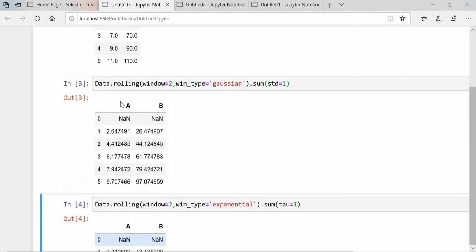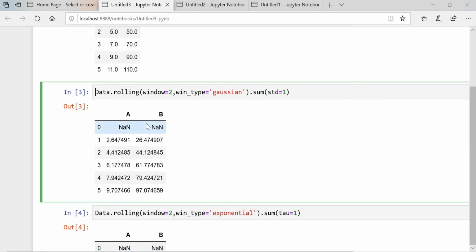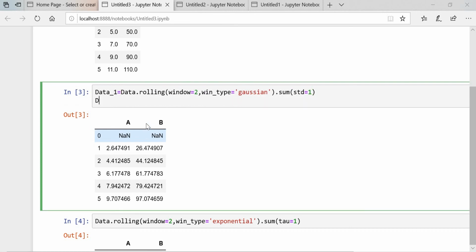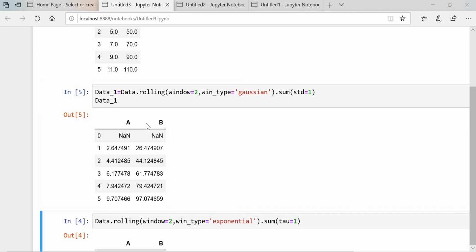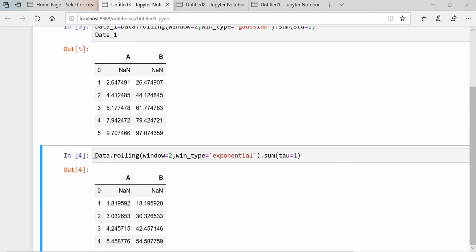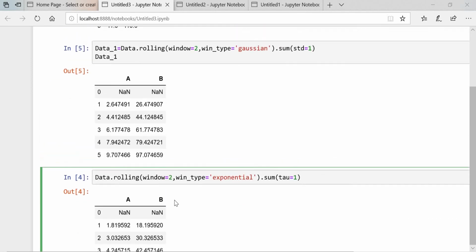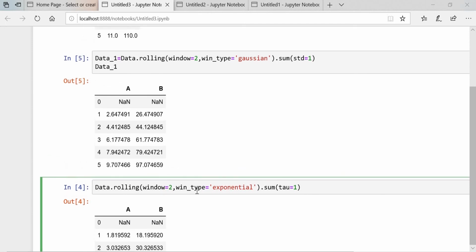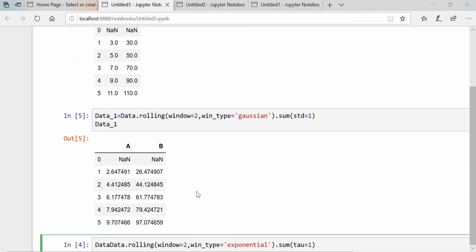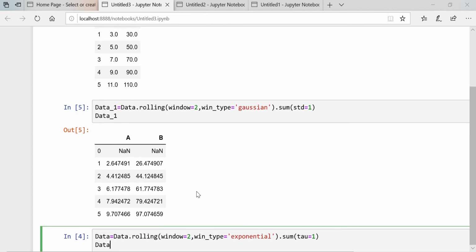If you want to plot this, let's say I'll put this data_1, and let's say we'll plot this one. How will this look? In the analysis, if you want to do analysis between these two win types, we can do that as well.